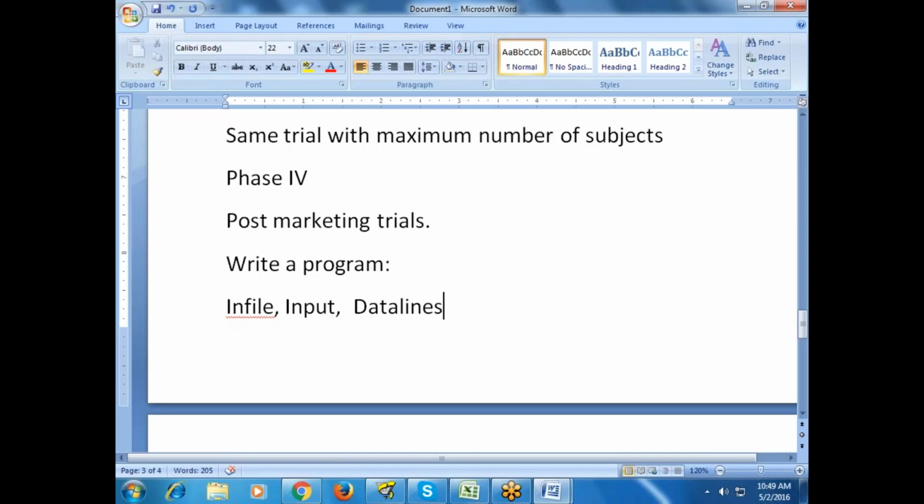These are the 3 words you have to keep in mind. If you keep these 3 words in mind, you can write a program easily.